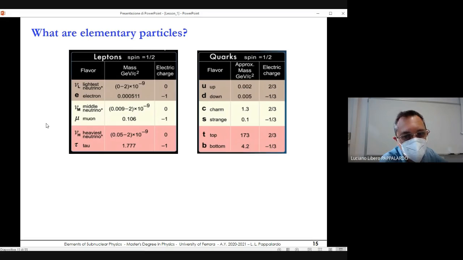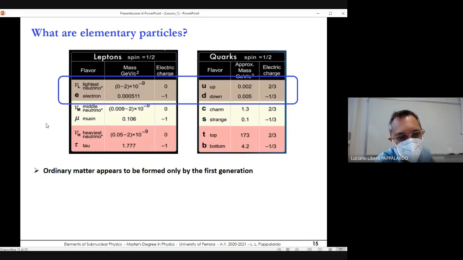And then we go to the last family, which is the very heavy quarks. The bottom is 4.2 GeV, that is essentially 4 or 5 times the mass of the proton. And the top has an incredibly high mass, of the order of 170 GeV, that is something like 200 times the mass of the proton. And it is, as of today, the heaviest particle ever discovered. And as you know, and as you can see also from the last column, they come with a fractional electric charge. So the electric charge of quarks is a fraction of that of the electron, either plus 2/3 or minus 1/3.